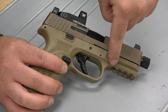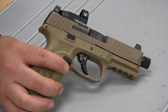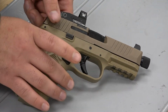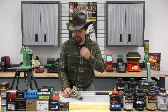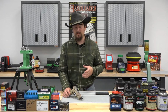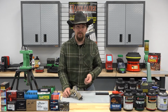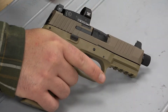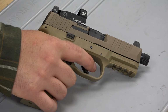We have a 1913 Picatinny rail here to accept lights, lasers, or whatever other accessories you would like to install on the firearm. And we have a trigger. Now, one thing I want to point out about this trigger is it can be kind of confusing, because if you go on to FN's website, they claim it is a double action trigger. But let me show you, and we are clear here, the firearm is empty. Checked it multiple times. This trigger, when I go to pull it,